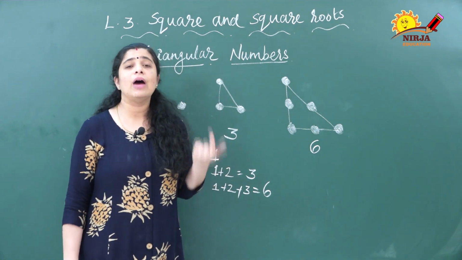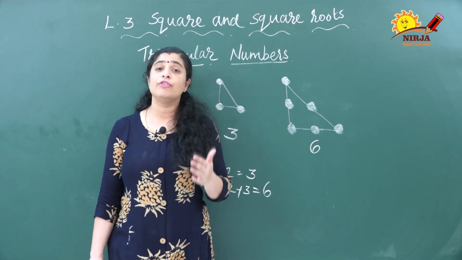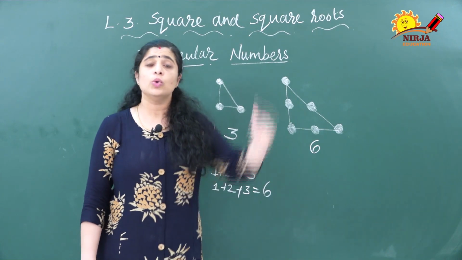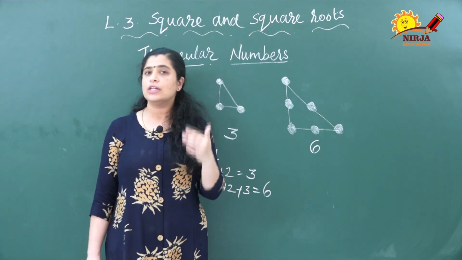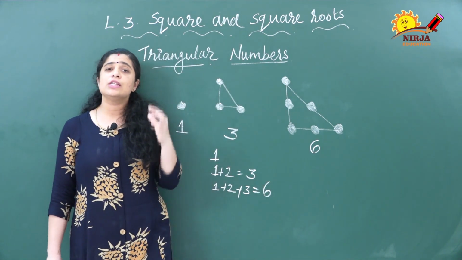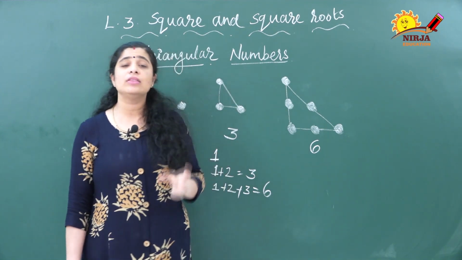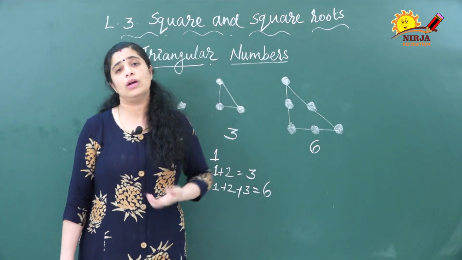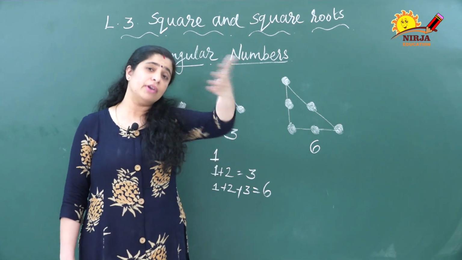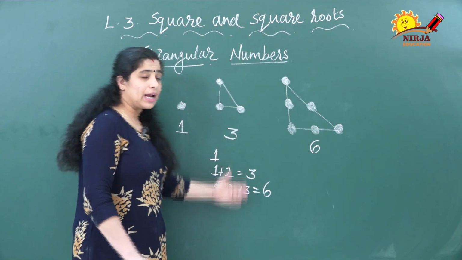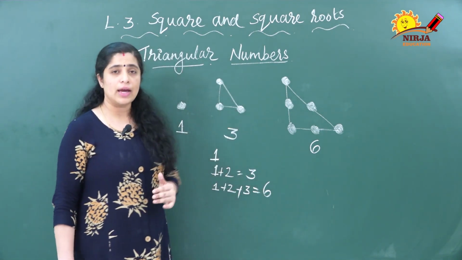For that you will have one formula also. The question is that you have to find the 15th triangular number. Then you have to add the consecutive numbers continuously. That will be a little difficult for you. So there is an easy formula through which you can calculate the nth triangular number. Nth triangular number means 15th, 14th, or if you have to find the 100th also, you can find it without calculating like this. That we will see, which is the formula for that.